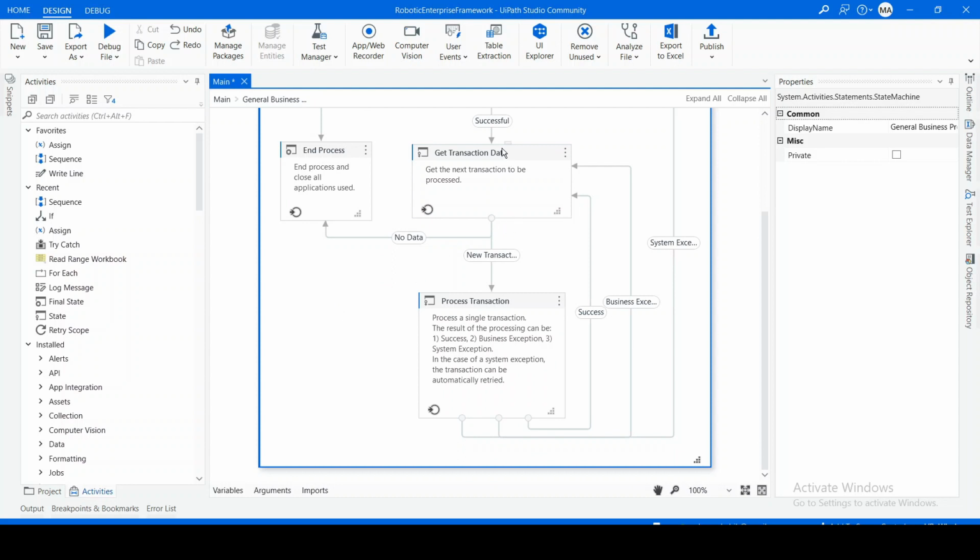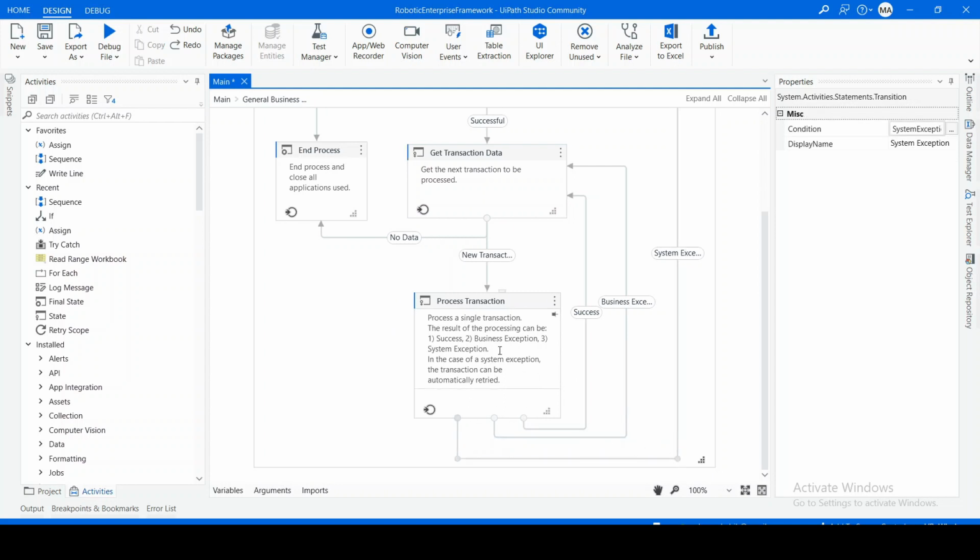So in that case, it will go to the end process. So from get transaction, there could be two possibilities: no data or new transaction data. So let's assume bot got some new transaction data, then it will come to the process state. So in the process state, while processing, there could be three possibilities. One is everything was successful. Bot has successfully completed the transaction. In that case, bot will go to the get transaction data